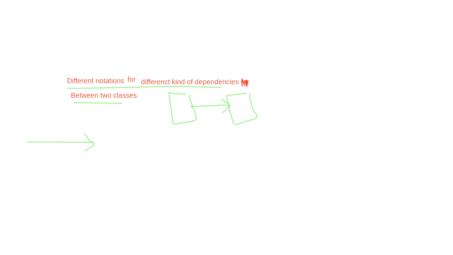Now if you have an arrow like this, then this is called a simple association. Just now we have seen this called an association. Next, suppose the line is directed, and if this is like this, then tell me what is it? Anyone? We have seen it already. What is this? Very good. Inheritance.